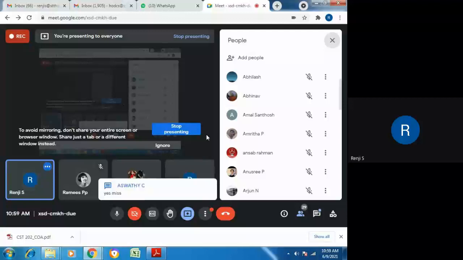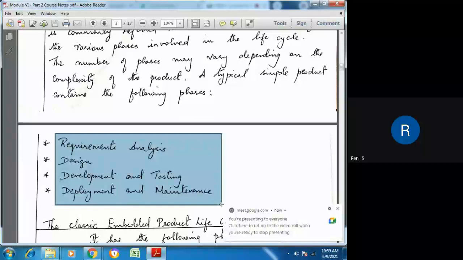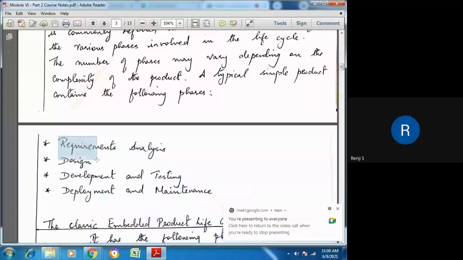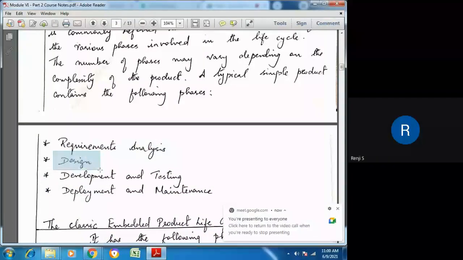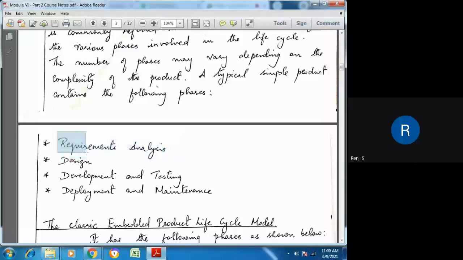So, just look at this. Whether it is a simple or a complex project, your project should include these 4 phases. And when I looked at one of the project reports which you had sent me, this phase is missing. This analysis phase is missing. Without analysis, we cannot go to the design phase. So just after the literature review, that report is going straight to the design phase. You cannot do that. So in your report, please make that correction and include a chapter called analysis, system analysis.